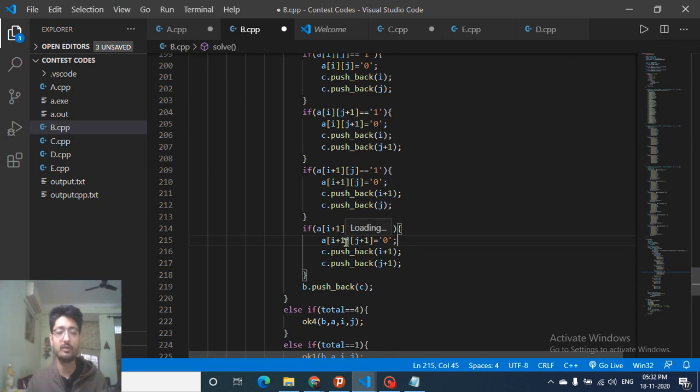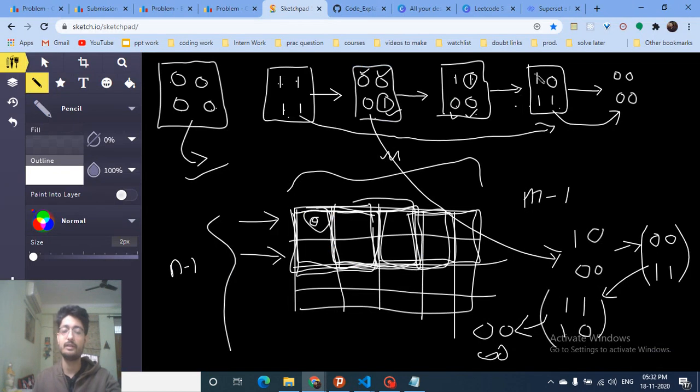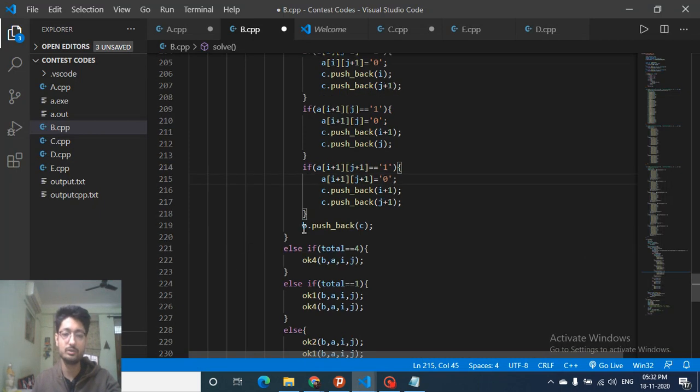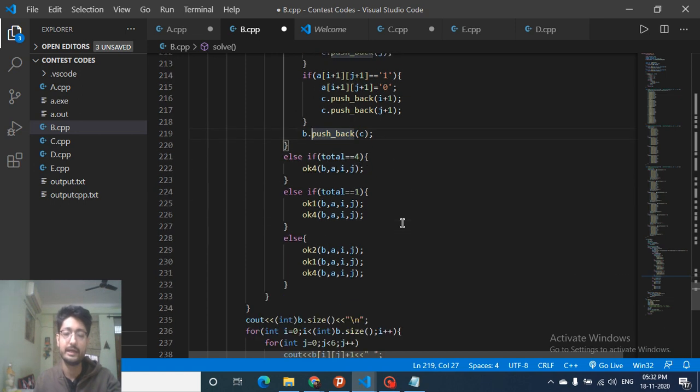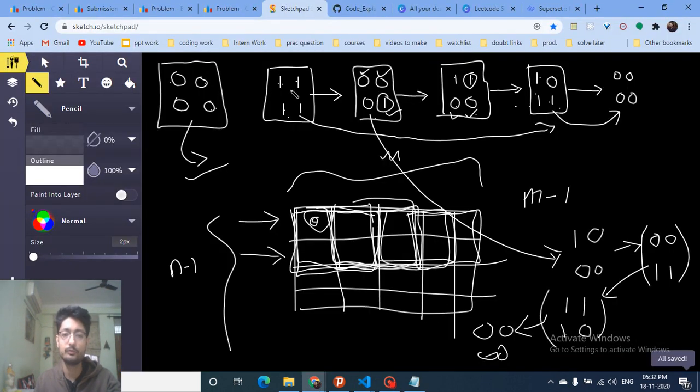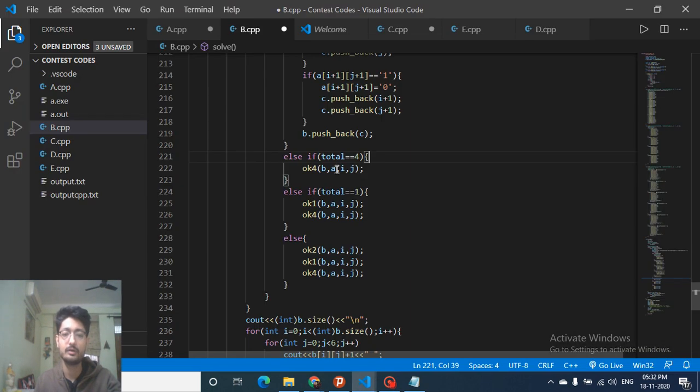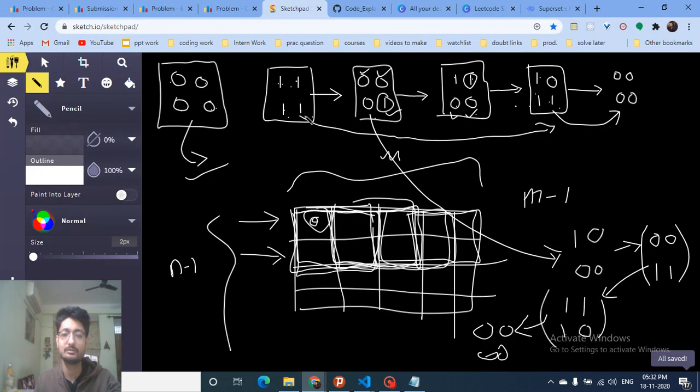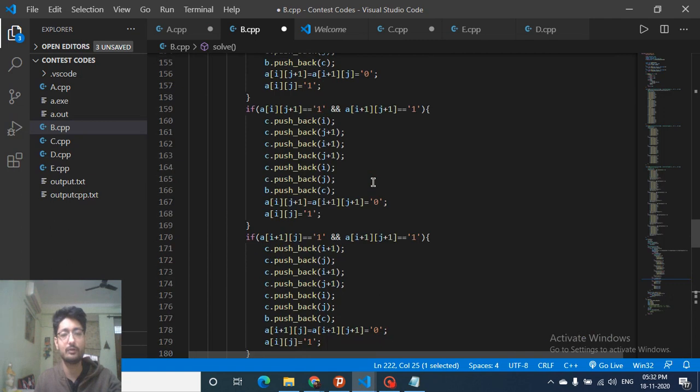If the case is 3, then I'll take out all the 3 bits, flip them, make it all 0, and then push C, which stores the 3 positions I'm choosing, into B. If it is 4, I will choose this path. So from 4 I can just find the 0 path, because for 4 I have done this thing.